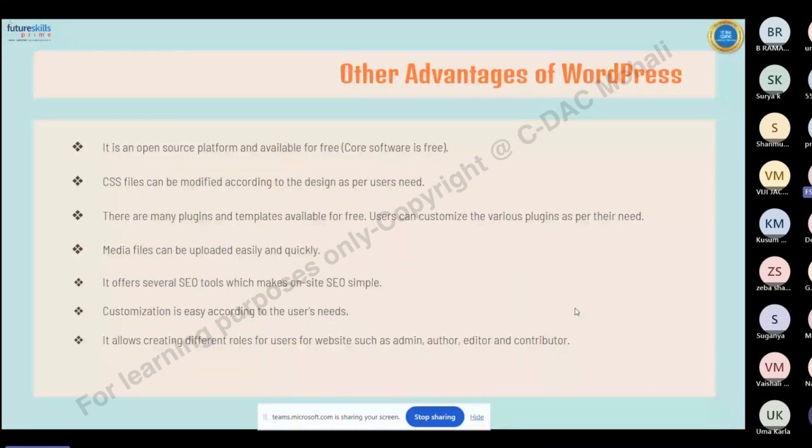So if you have coding knowledge and you want to customize a WordPress theme, or if you want to create your own theme or a plugin for WordPress, then it gives you an option to customize all those themes and templates. There are many plugins and templates available for free. Users can customize the various plugins as per their needs if they have programming or technical knowledge. Media files can be uploaded and managed very easily and quickly,